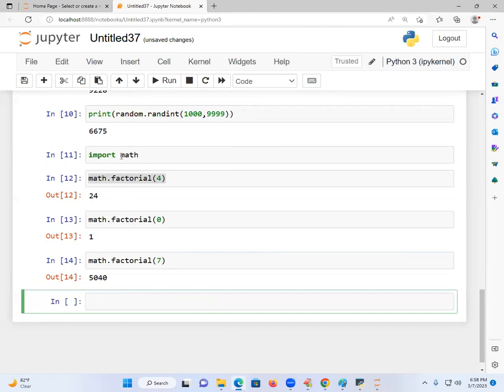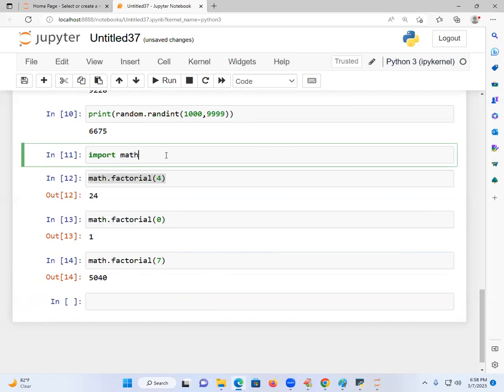What is this math called? Module. What is random called? What is calendar called? Learning about Python is equal to what? Learning about modules. Without modules, there is no Python. Because I want to bring it first to your notice. So in real-time applications, anybody teaching Python, every day you have to learn modules. Are you getting it, students? Right.